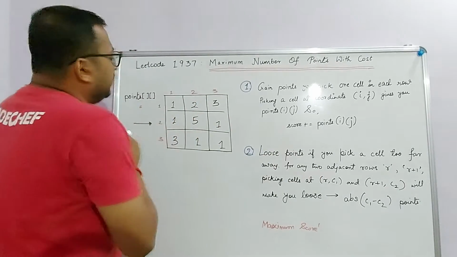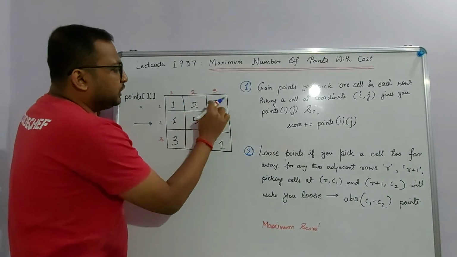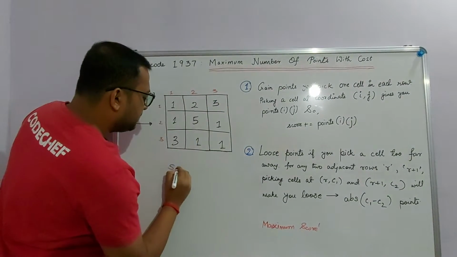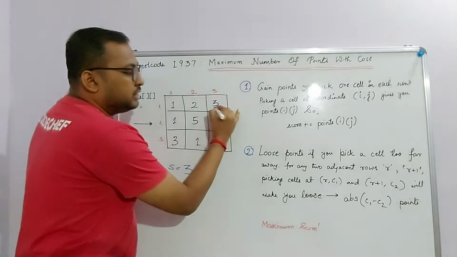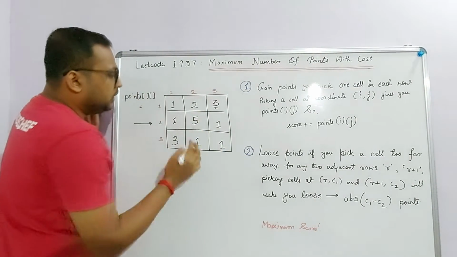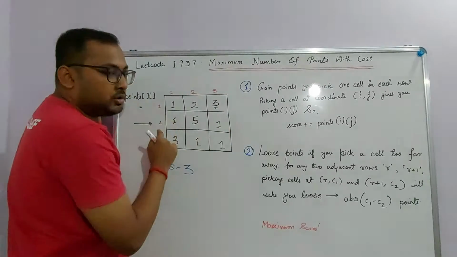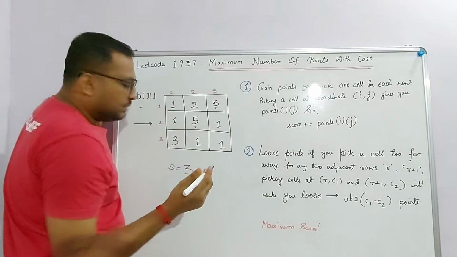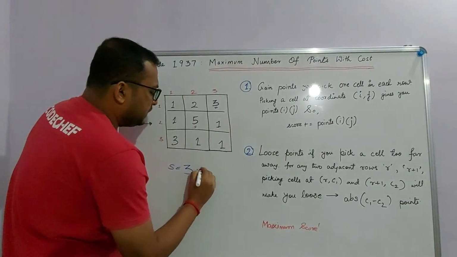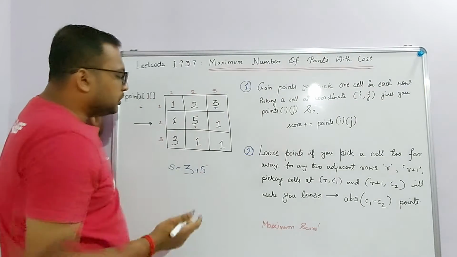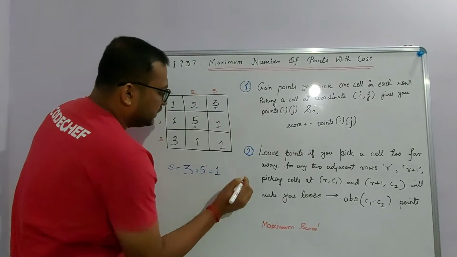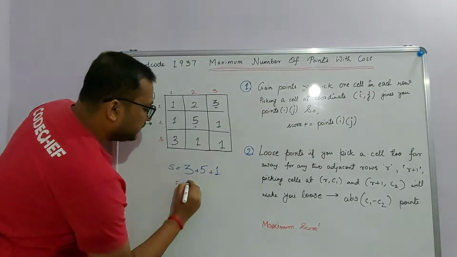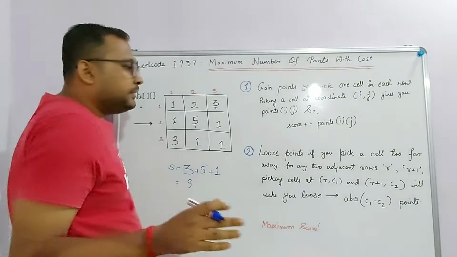That means if I take this value 3 from this particular row, what does my score become? 3, because I have picked this value, so these points are added to my score. Let's say next I pick this value because this is the maximum for now, and hence this is added to my score. Next for this particular row, let's say I pick this value, so this is added to my score, so my final score becomes 9. Okay, so far good.